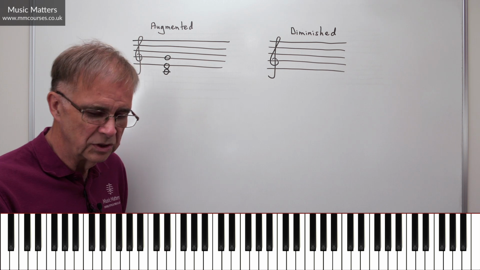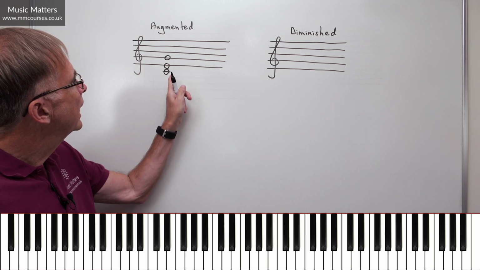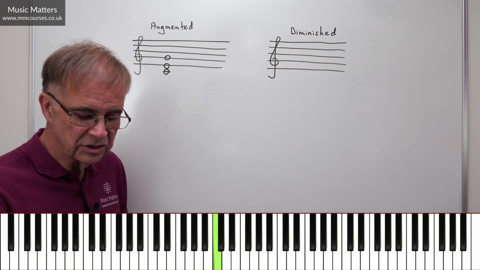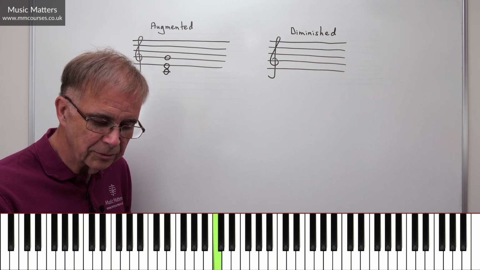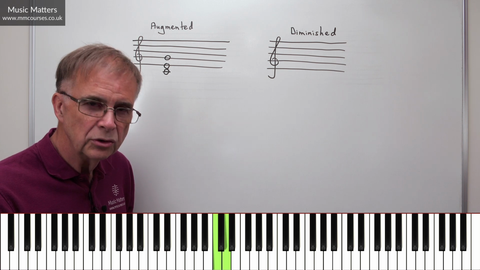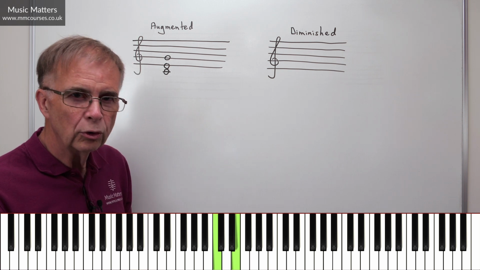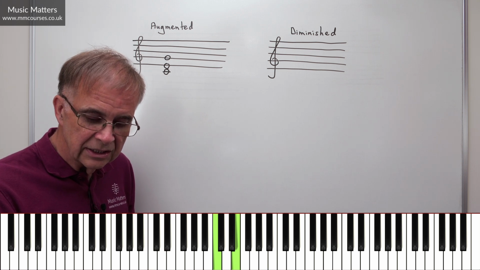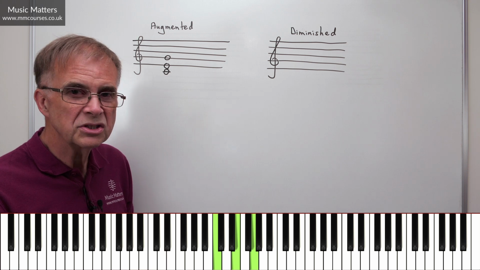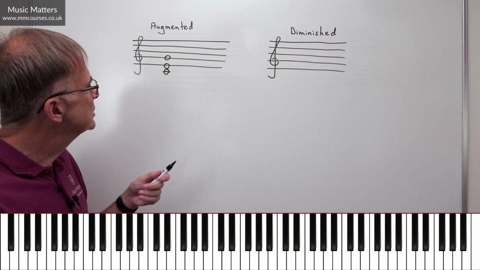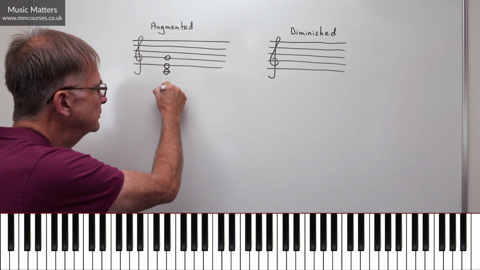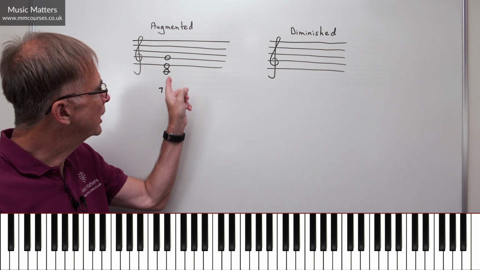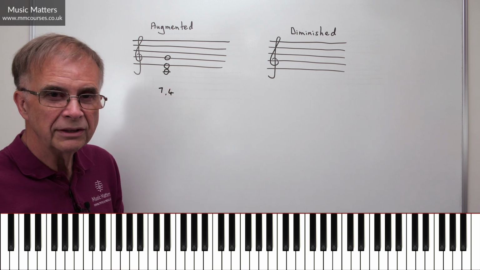Okay, another way of looking at that, in case you're not quite so sure about keys and which sharps and flats might be in which keys, is simply to do this. If I've given myself C and I want to build a major triad on C, if I count in semitones up from the C, 1, 2, 3, 4 gives me E, then 5, 6, 7 gives me G. So 7 and 4. So if you're wanting to count the semitones or the half steps, it's 7 semitones or half steps above that root note, and 4 will give you the notes.